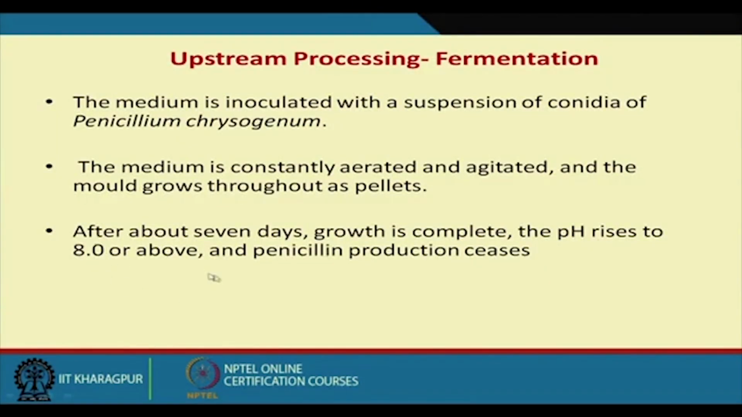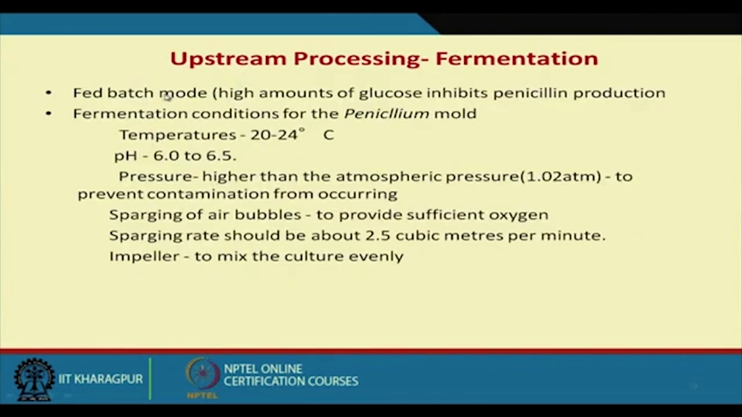After the end of the fermentation, pH rises to 8. In non-fed-batch mode, high glucose inhibition of penicillin production takes place. That can be taken care of by using the fed-batch reactor. The fermentation conditions are 20 to 24 degrees centigrade, pH 6 to 6.5, and pressure higher than atmospheric pressure, 1.02,